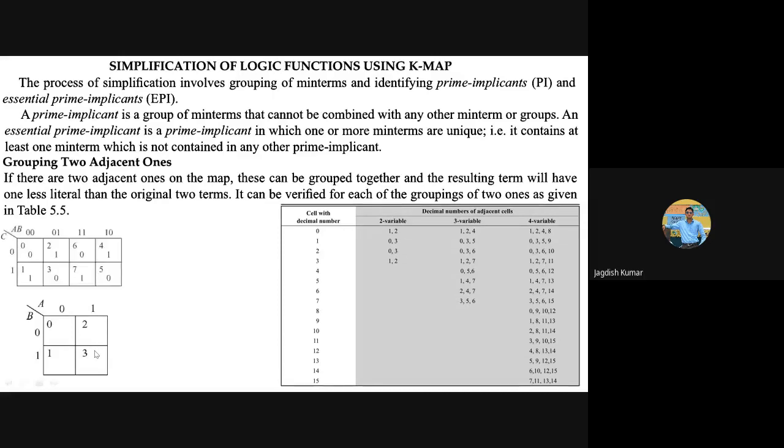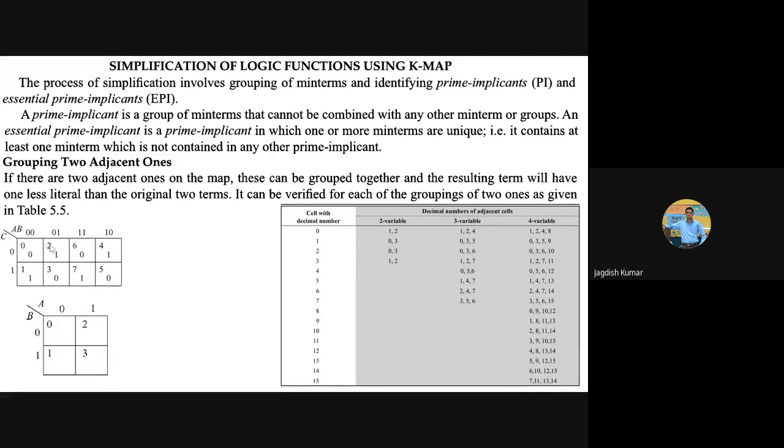Now, let us see the same thing for the 3-variable case. This is a K-map for a 3-variable system. Again, if you take 0, 0 is a neighbor of what? Forget these 0, 1 values; I actually did a copy paste, so sorry for that. Let us forget these values and follow the minterm notations 0, 1, 2, 3, 4. So this 0 can be combined with 1. That is a vertical pair. This is called a pair, grouping two adjacent ones. So we are looking for possible pairs if they are available.